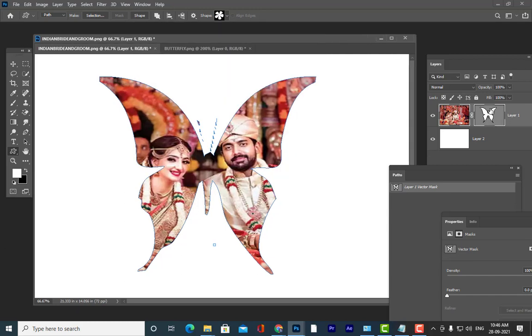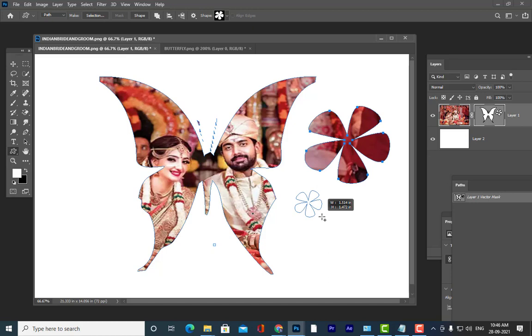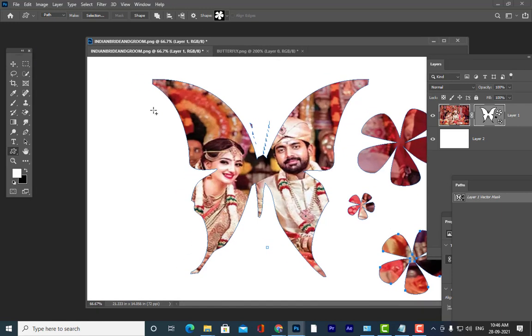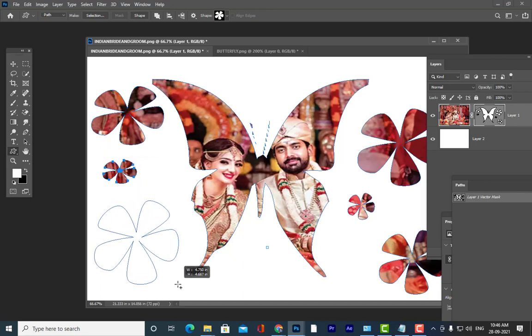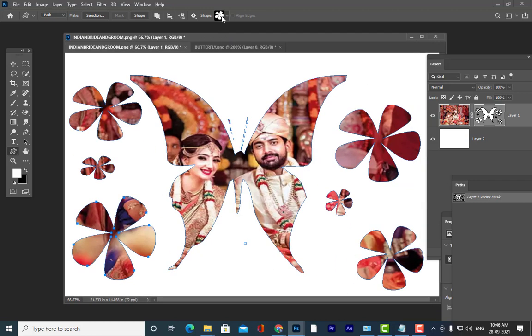Just select the thumbnail, and then we can create this like this. And then we can also use this heart shape.